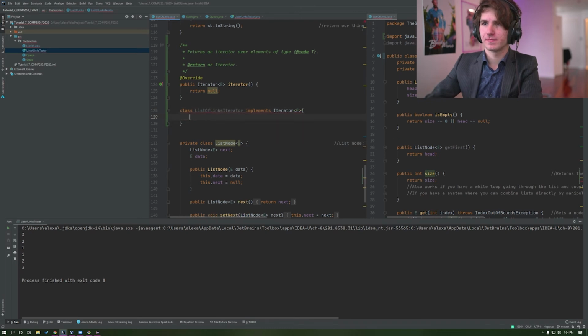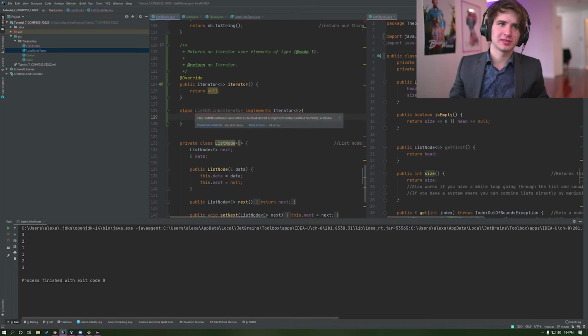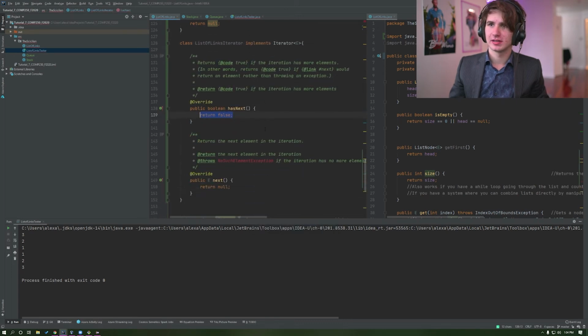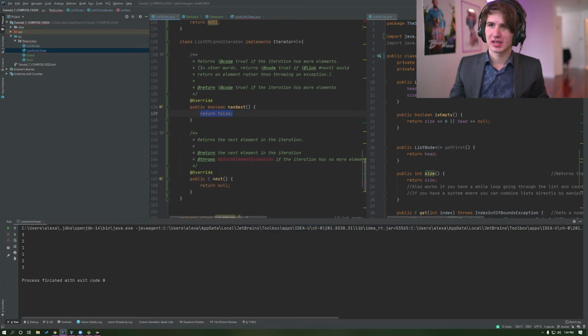Right, and now this one also is red because we didn't implement all the methods. Let's implement them: next and has next. All right. So has next, next. How do we do these? Well, let's just say